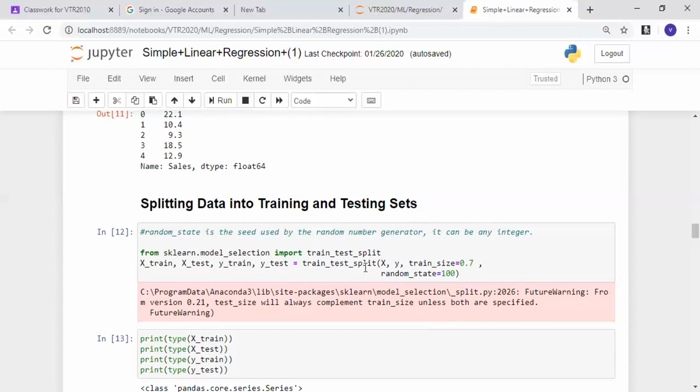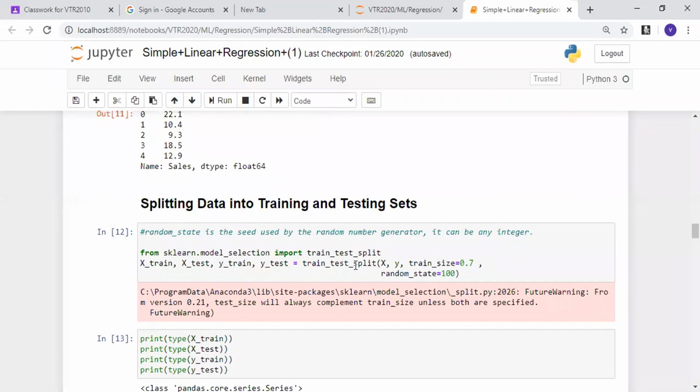I have passed the data to train test split. You must understand this function properly. I'm calling the function by name train test split. Assume that a data set is given to you and you need to split it into training data and testing data. If you have 100 rows, 70 rows will be given for training and 30 rows for testing. If I ask you to do that, you must not go and select each and every row, like row number 1, 3, 5, 7, 9 for training and the rest for testing. No, you can't do that.